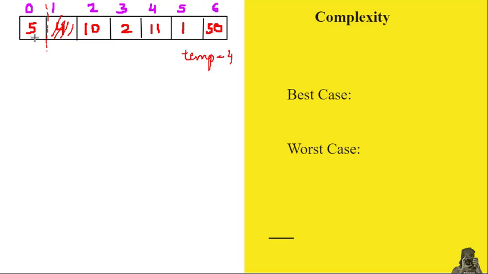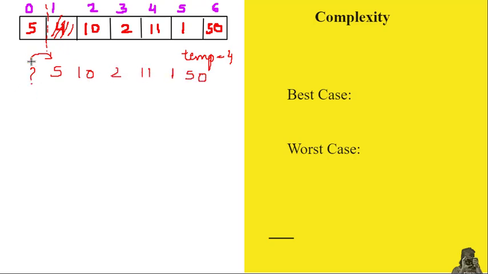Now we will compare. We can see that 4 is less than 5. So we need to find the location of this 4 and we also need to increase the size of the sorted array. Obviously 4 is less than 5, so we need to shift it. 5 will be shifted to the next position, because now this position we can override, as the value 4 has been preserved using the temp variable. So 5 will be shifted here. Here will be a question mark and the rest of the array will remain the same.